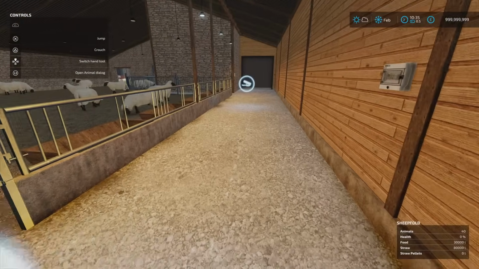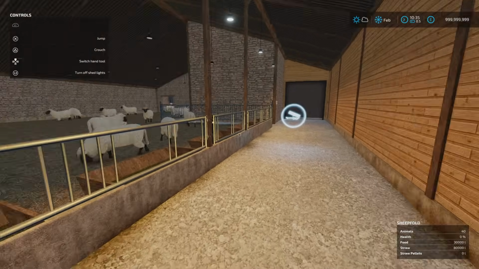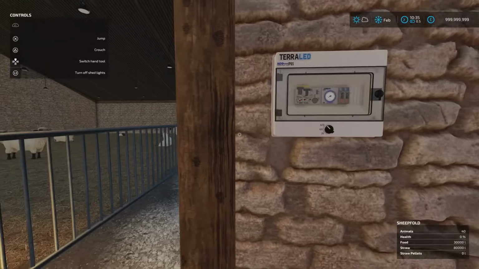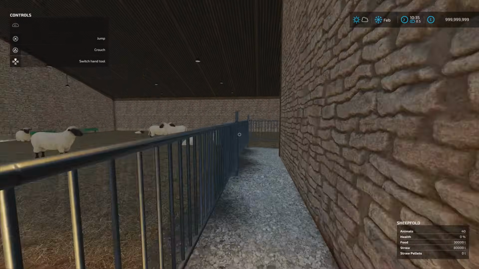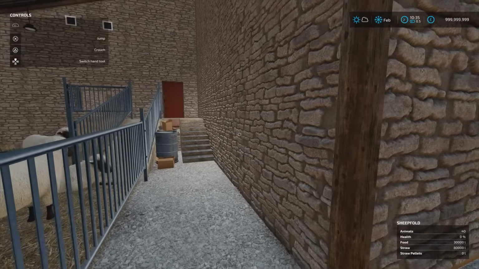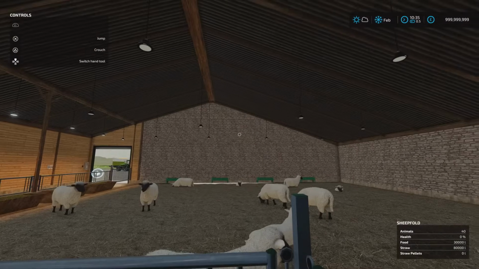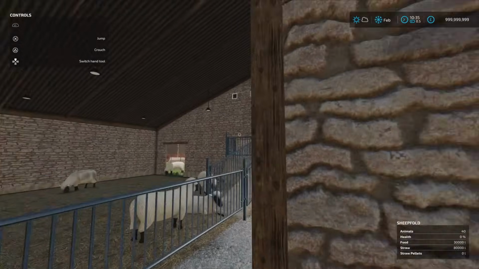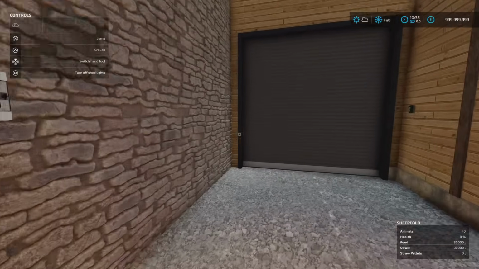The feed and bedding trigger were both just along here. As you can see, we've got our feed and bedding in there. We can turn our shed lights on or off there. I'm sure we've got another shed light. Where's the other shed light? Because the shed lights are off in here. Anyway, if we come through and out the other side,